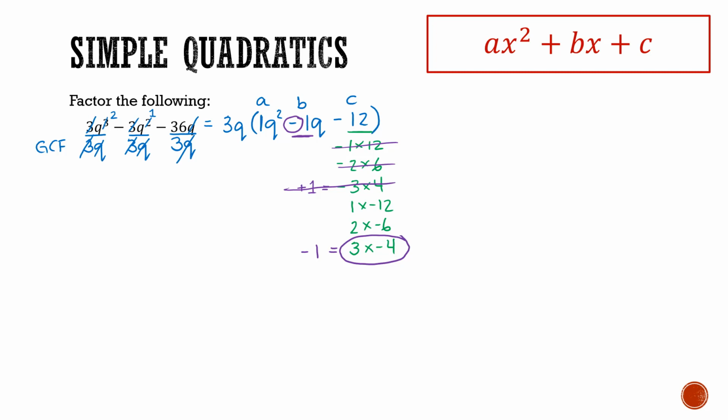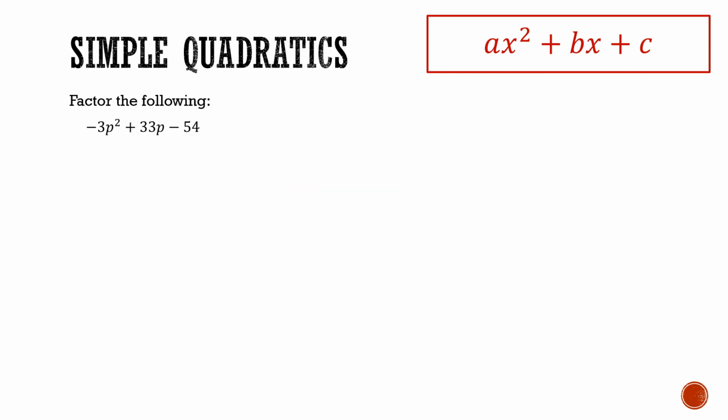Okay, so I have the greatest common factor, 3q, times, here I have x plus 3, as I had a positive 3 value in the pair, and x minus 4, as I had a negative 4 value in that pair. And there's my final answer. Of course, you can do a check on these at the end to validate your answer, but I'll leave that to you. So let's do one more example, and then we'll move to cases where the coefficient for x squared